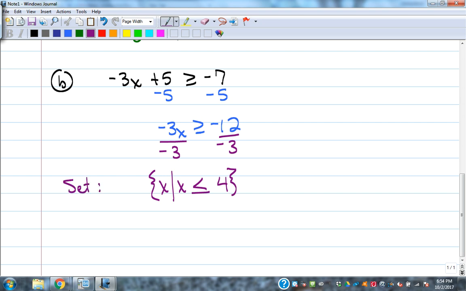When you multiply or divide by a negative, you need to flip that symbol around. The reason is because if you don't flip that symbol, your inequality is going in the wrong direction. The negative in a number line sense is really talking about direction instead of value. So dividing by a negative flips the direction of the number line around. That's basically what happens. Also multiply. Anytime you multiply or divide by a negative, you've got to flip your symbol always when you're solving